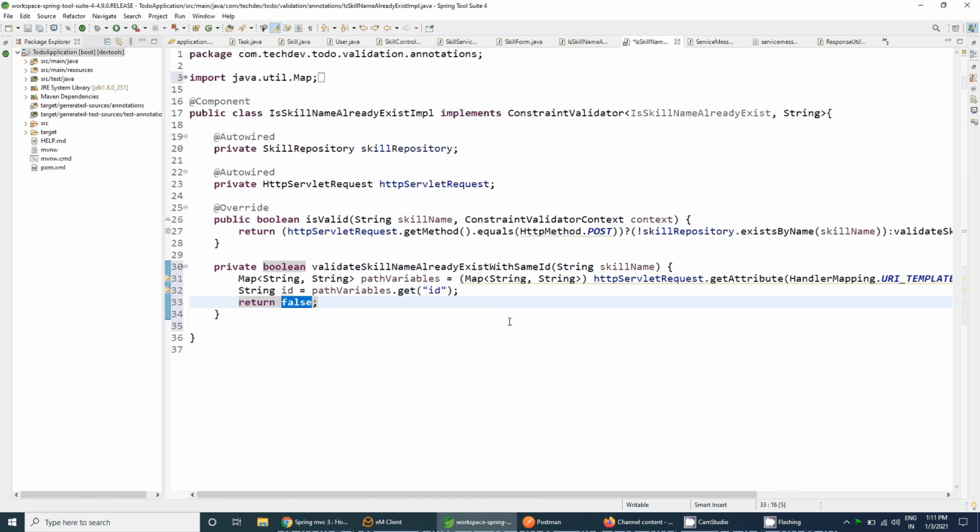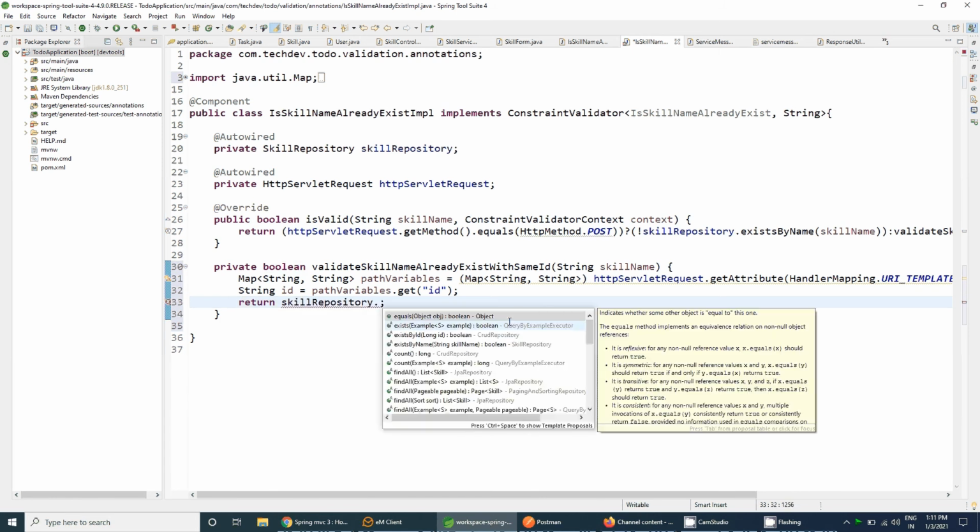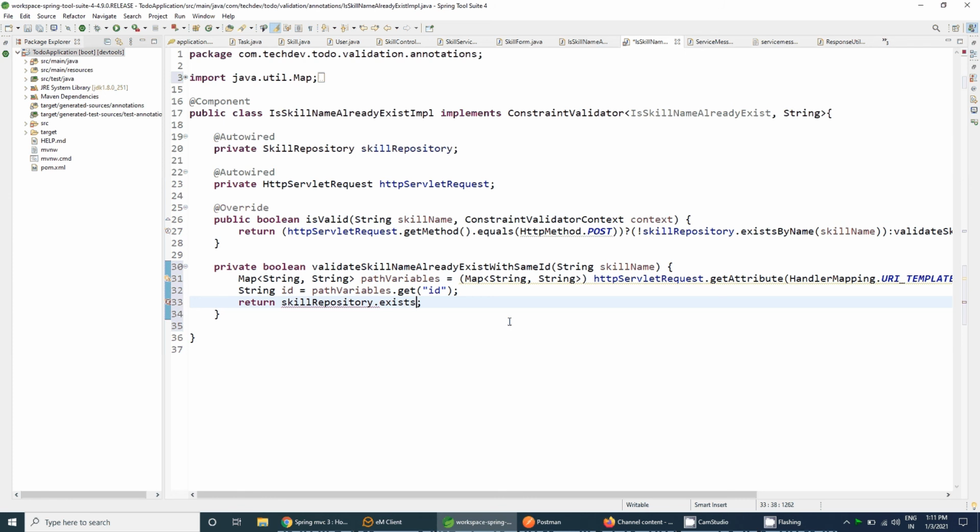Now what we need to do is skillRepository dot exists by id and name. The id is a string, so we need to pass Long dot valueOf id, because it contains the id as a long, not a string, and the skill name which is already there.